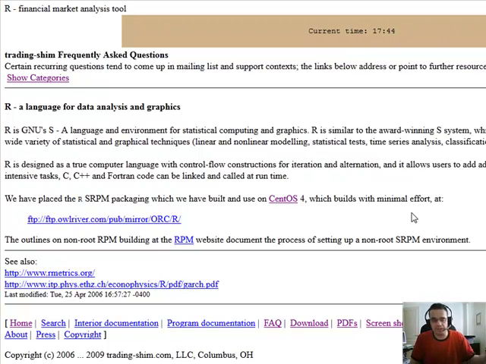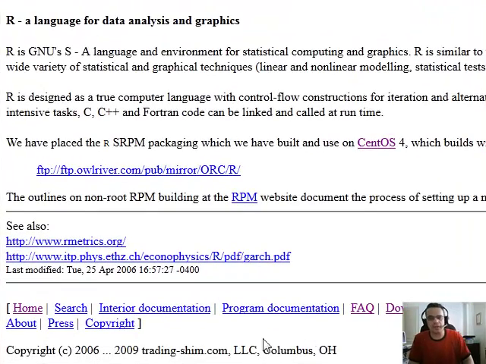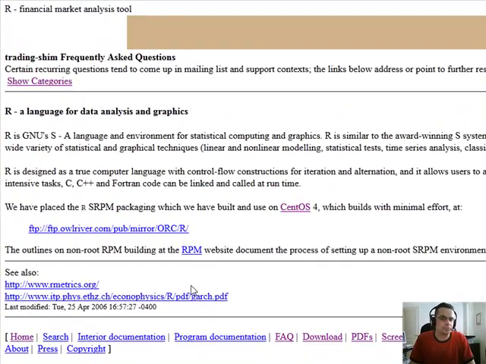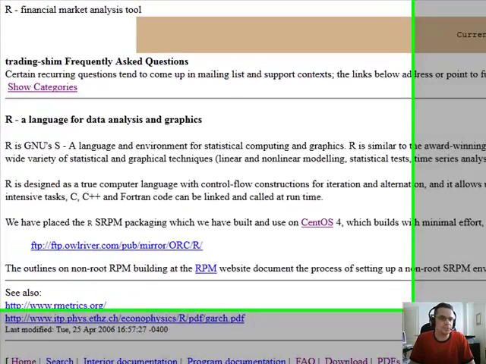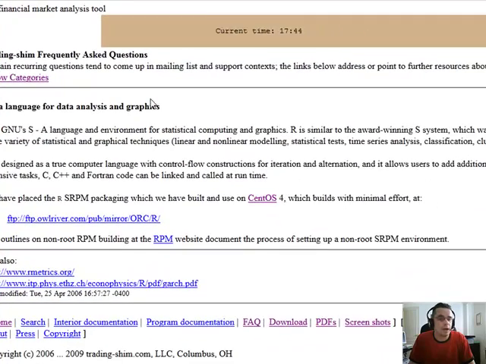Obviously, I'm replacing MATLAB with R and using this trading shim as the trading platform to execute and to suck in all the tick data. So those are some really nice options. Again, all done in C++ to make it very fast.